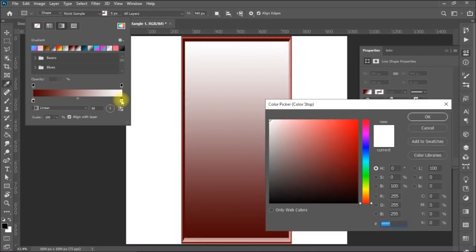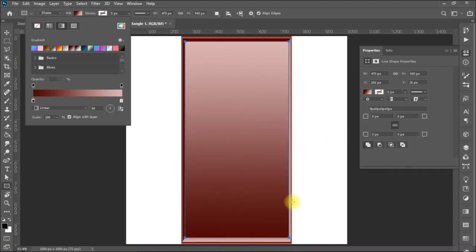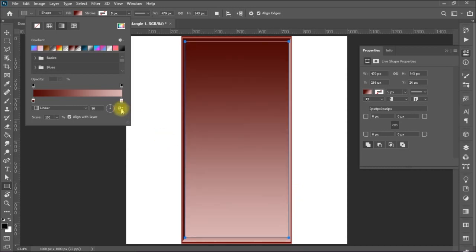Simply on the white color, I will double click it, and I will come here and select one of the shades from the door, from the light part, like this one for example, and I will press OK. Now you can see that it appears like reverse it, so simply I will reverse it from here. Okay, but it is still linear, it's not coming in the direction of the light, so I will change it,